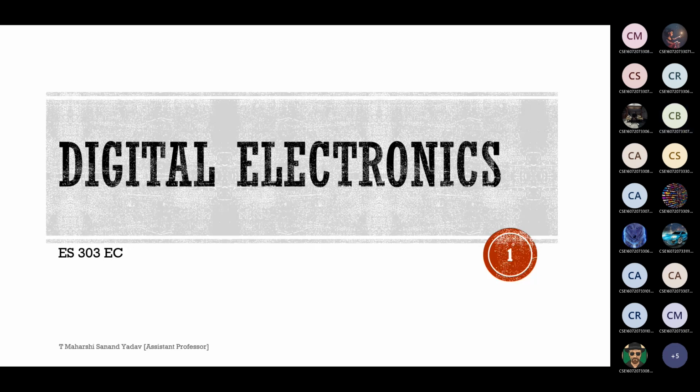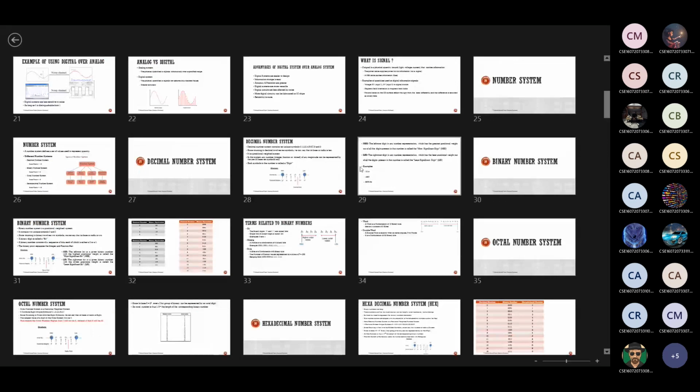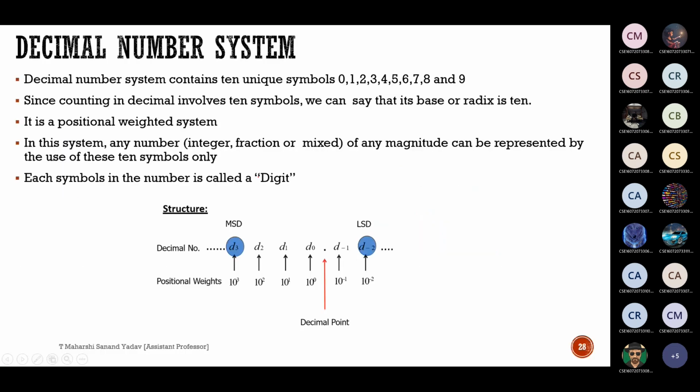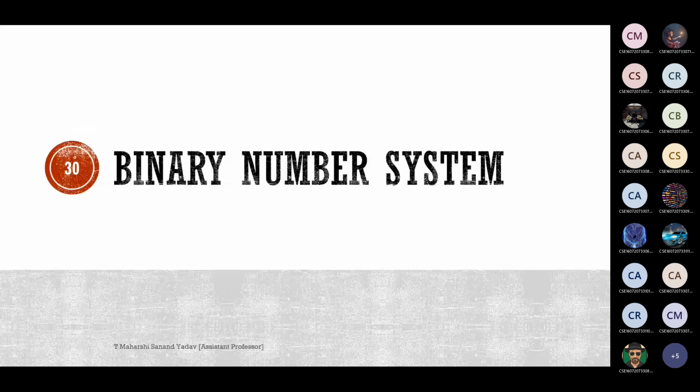So now let us solve some more problems on conversions. As we have already discussed, how many number systems are there? 4. So decimal number system, binary, octal, and hexa. We already know about the base or radix of decimal, and 2 is the base for binary, 8 for octal, and 16 for hexadecimal. So how many conversions we can expect? 12 conversions. Total 12 conversions will be there. So first, decimal number system, we know this one, so directly we shall solve the problems.